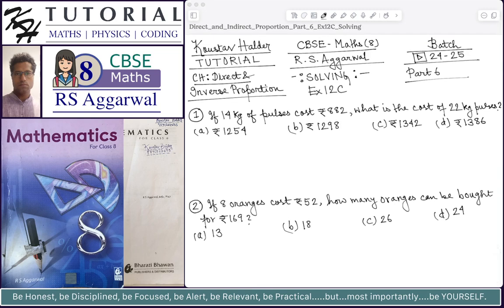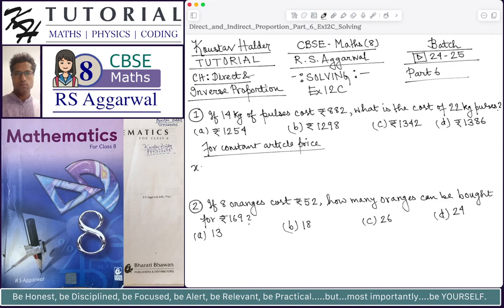The first problem says that if 14 kg of pulses cost rupees 882, what is the cost of 22 kg of pulses? So this is an example of articles and cost. We know that if the cost of articles is constant, for constant article price, that is the price of one article, we know that